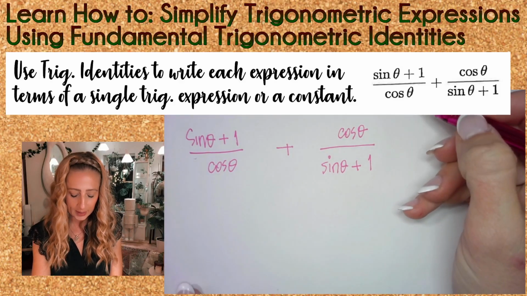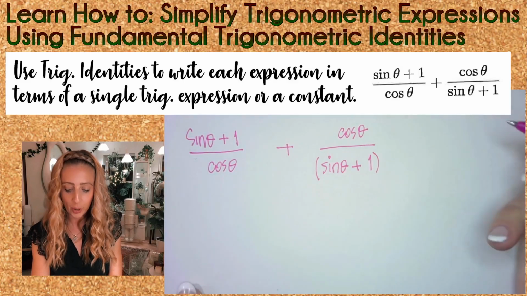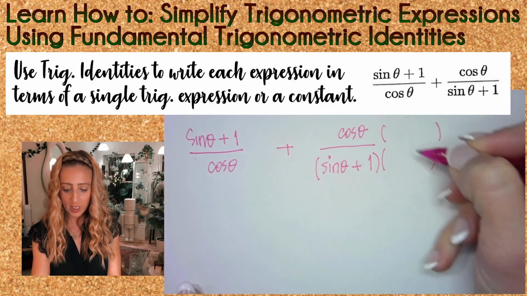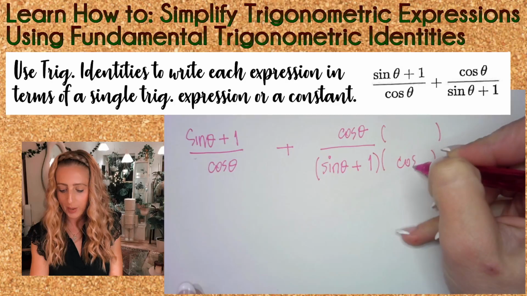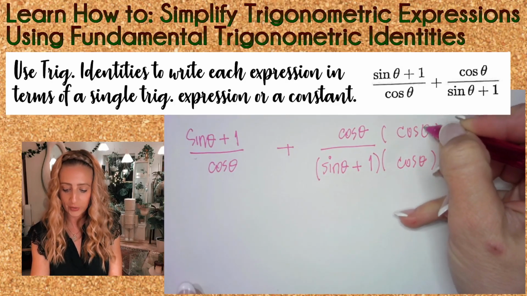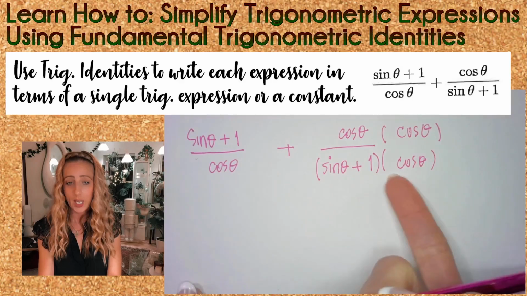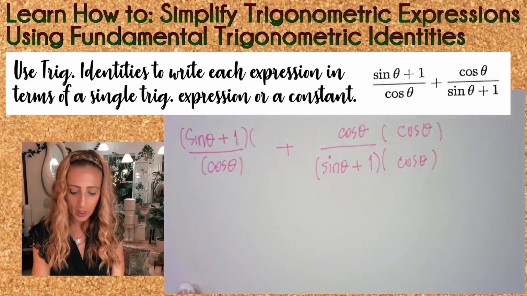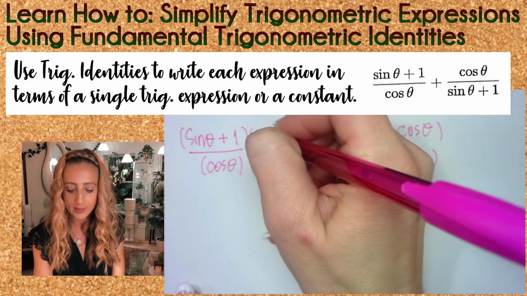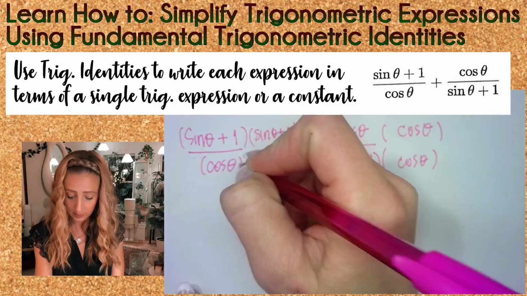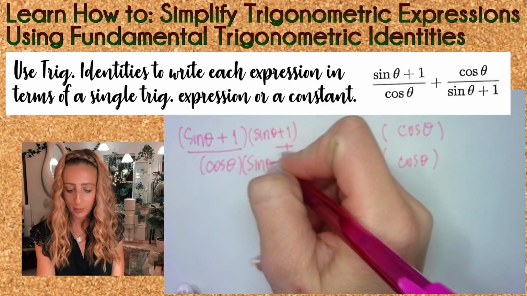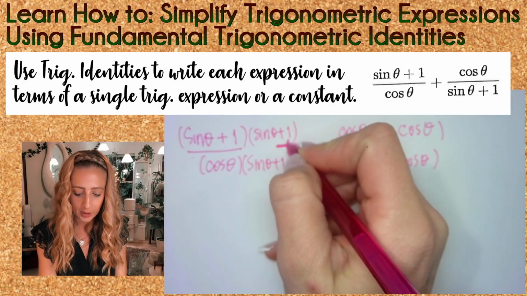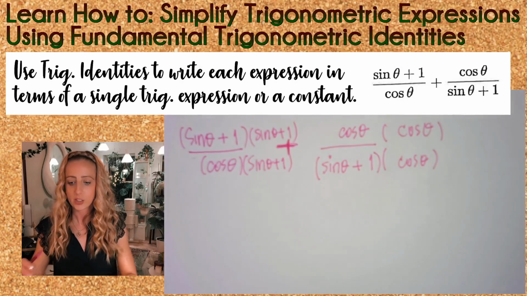So I'm going to go ahead and find a common denominator. Parentheses are your pal. I will multiply this fraction right here on top and bottom by cosine theta, because the first fraction has cosine theta in the denominator and this one's jealous. This fraction over here I will multiply on top and bottom by sine theta plus 1, because this one on the right has sine theta plus 1 as a quantity, all collected, in its denominator, and it's also jealous. So now,